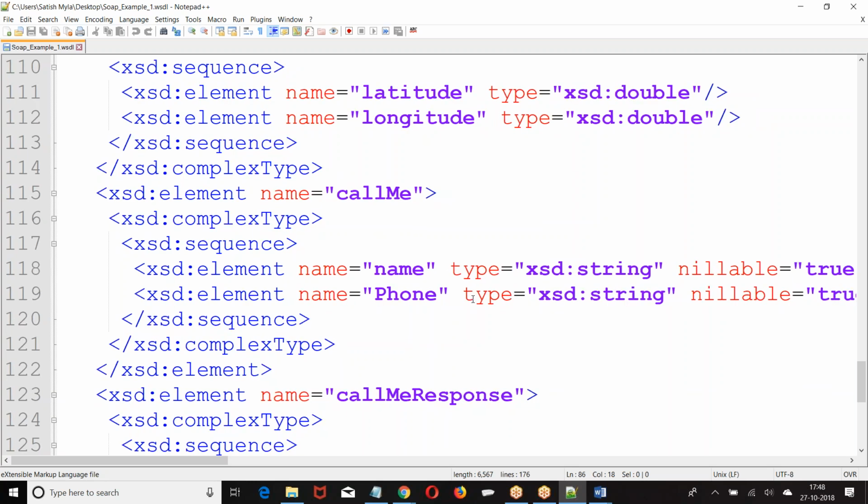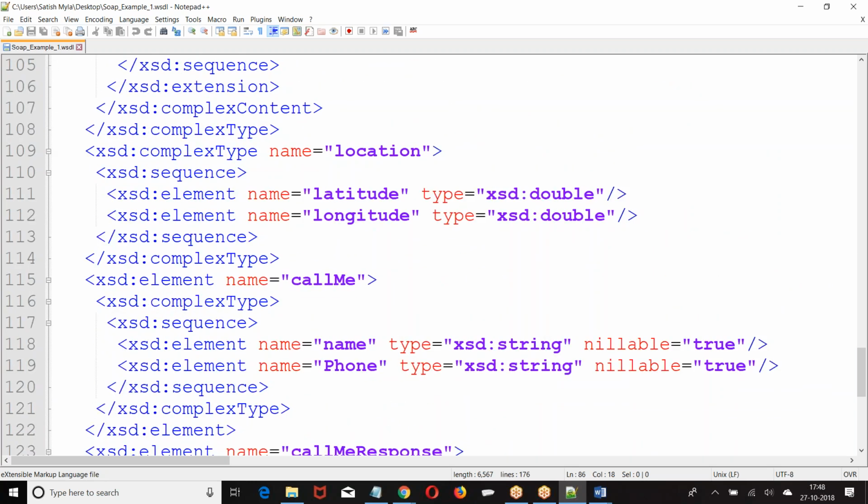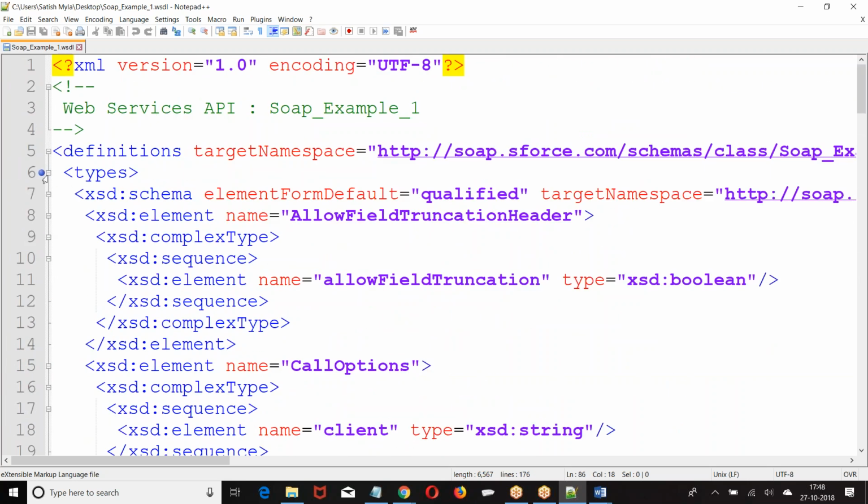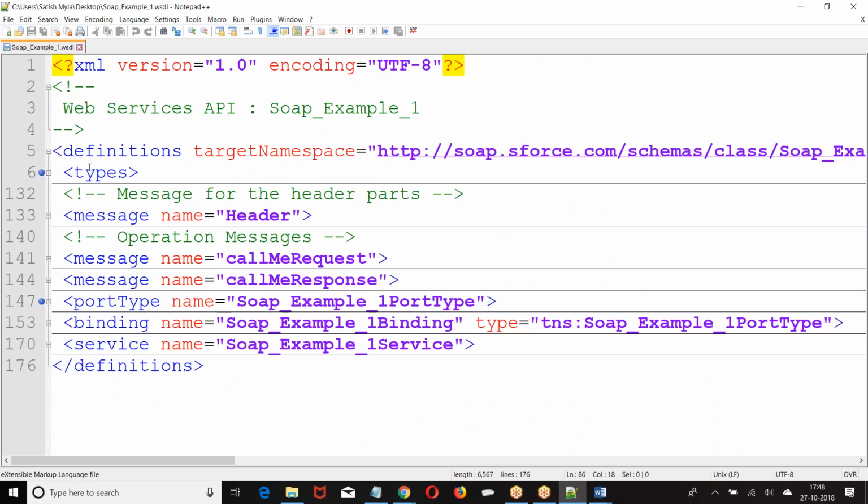So basically, whatever is defined in the top one, whatever you are finding here on the top, this will define the type of elements we are using in this web service. In the web service, what type of elements are we using? Whether they are simple, and if simple, what type of data type is this? Complex, what are the chain elements? What are the data types? All the wrapper classes will be complex. All the methods will be complex.